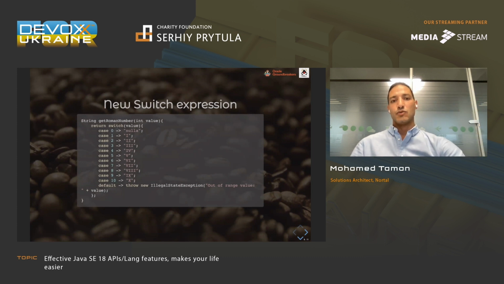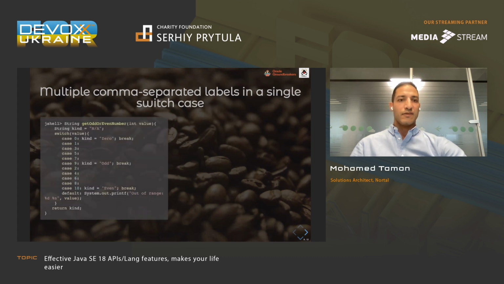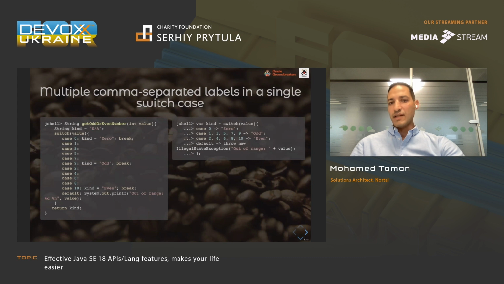So you just say return switch, you give the value, and then after the arrow token, it is meant to be the return value, and that's it. And then you have the default normally. We also said, okay, sometimes you introduce multiple cases like this. If it's an odd number, so case 1, 3, 5, 7, do this. If it's case 1, do this. If it's odd or even, just break, and if 0, it's 0. So this is also lengthy, and it uses break. So it's enhanced to be comma separated cases, so we can do this. And you can see that I also use the assignment back to the var.